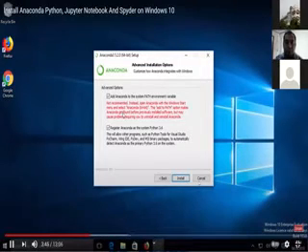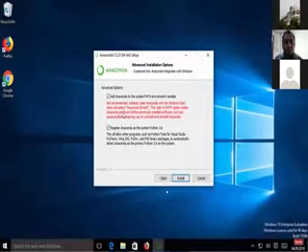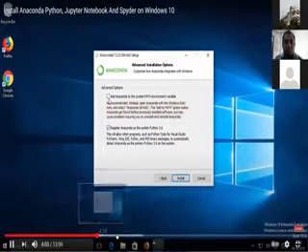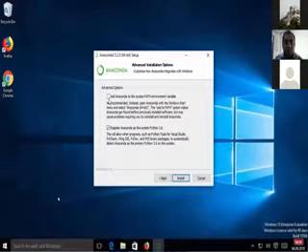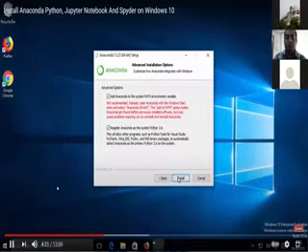So what I will recommend here is, if you have any version of Python installed on your Windows operating system previously, for example, either from python.org or from a previous version of Anaconda, I suggest you leave this unchecked. If you are installing Python and Anaconda for the first time, then I suggest you check this checkbox. On my system, I don't have any previous version of Anaconda or Python, so I will check this checkbox, and now I'm going to click install.